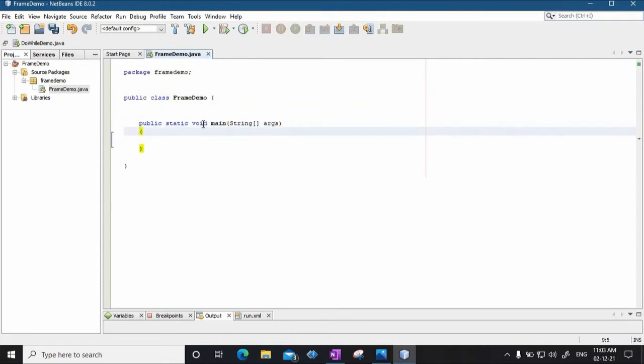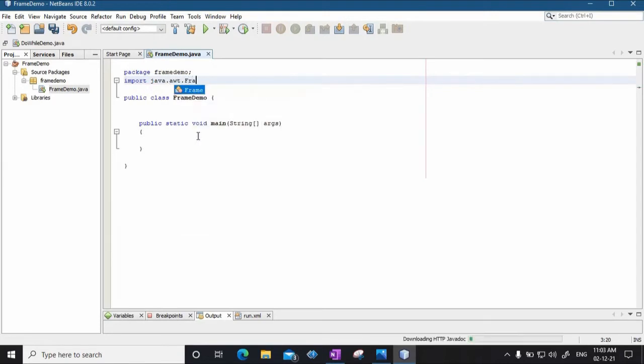Now in order to create a frame, I should first import a package. So I'll say import java.awt.Frame. The frame class contains all the inbuilt methods which are used for creating a frame.